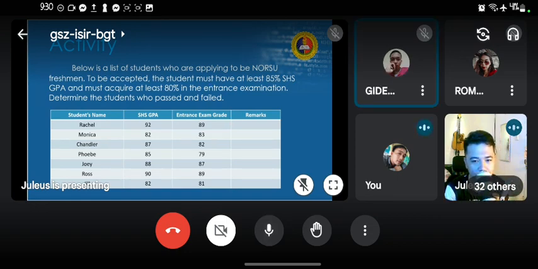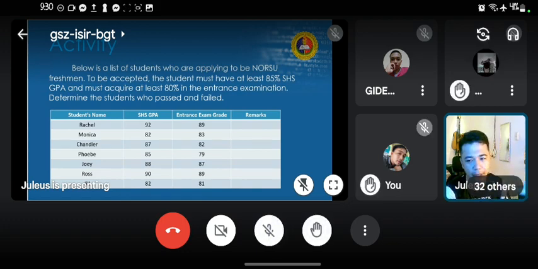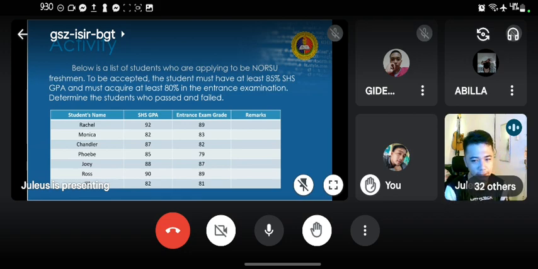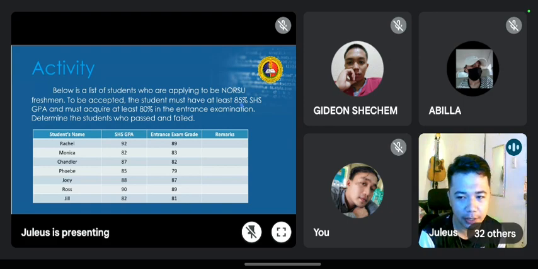Anyone? Yes, sir. Gideon, raise your hand so I can acknowledge your name. All right, Anthony, go ahead. Rachel. Okay. All right, so that's true. Let's check. Since the condition that we set is 85% senior high and 80% entrance examination, Rachel's senior high is 92.